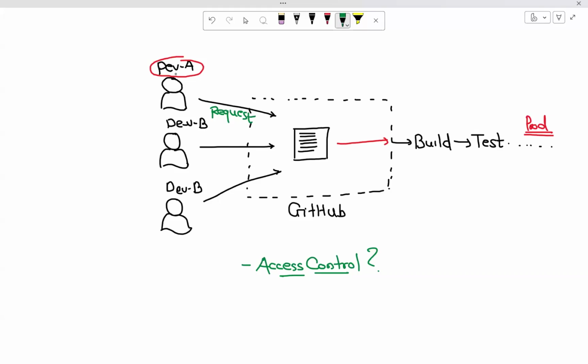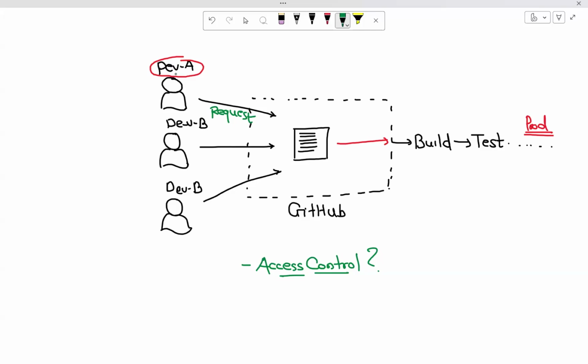I will not allow Developer A to directly modify it because, let's assume, he's a junior developer, or maybe he is not so capable, and may not have the capability to work directly on production.